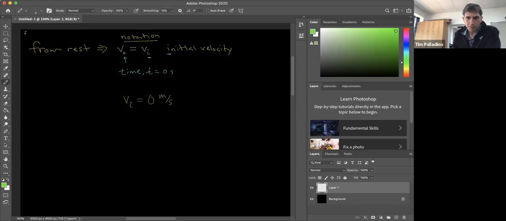Okay. Now they tell us, and I'm just going to flip back for my sake, they tell us that the car accelerates with a constant acceleration of 2 meters per second squared. So I'm going to write a lowercase a, and I'm going to write 2 meters per second squared. So what this means, okay,